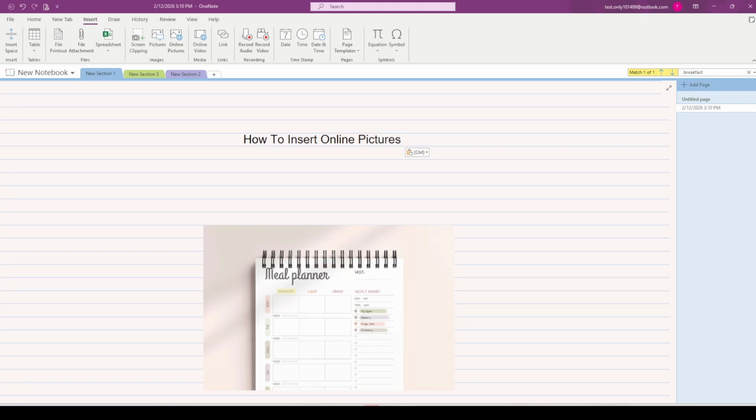In today's video, I'm going to teach you how to insert online pictures. Whether you're building a document, a slide deck, or a quick handout, the right image can make your work clearer and more engaging. This process is simple, and once you know it, you can add visuals in seconds without leaving